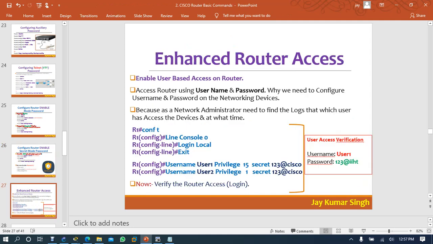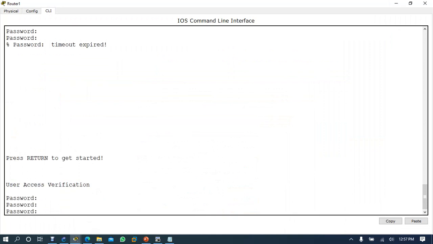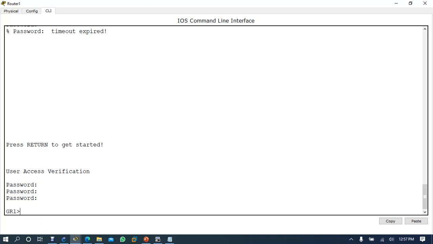Now we will enhance router access. How are we going to enhance the router access? This is very important. Suppose this is my router, and in my organization we are 10 clients, 10 administrators. Right now I came and logged in here.